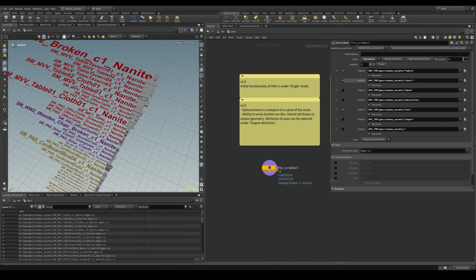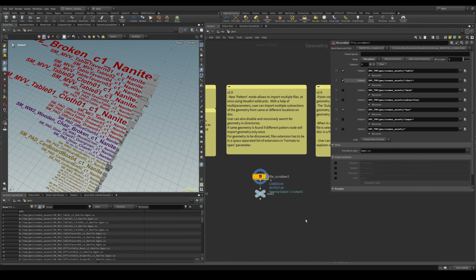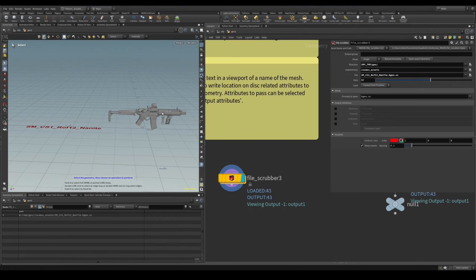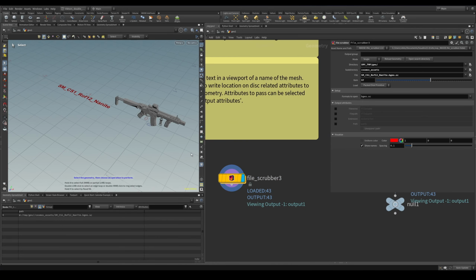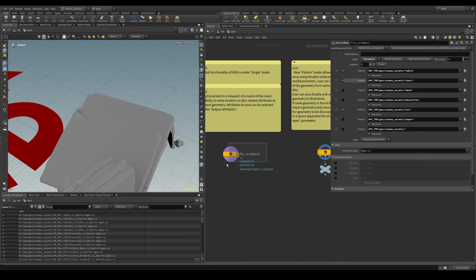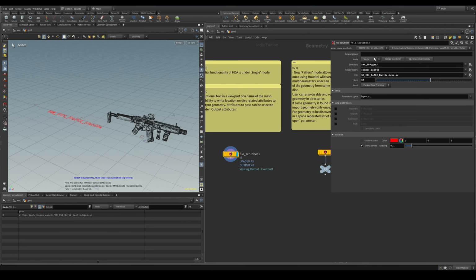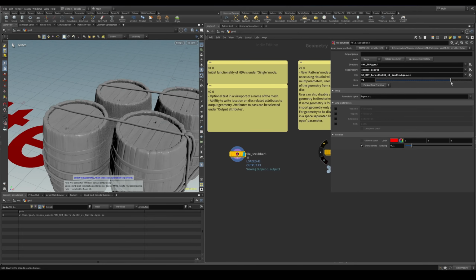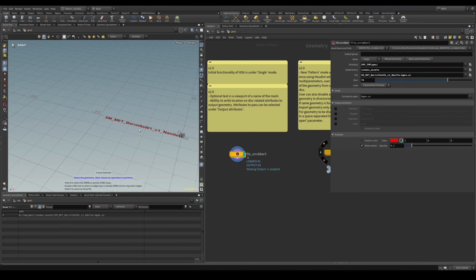But before I go into detail on how to work with it, I want to show you what has been changed for the original mode, which is now under the single mode. So now when you get this node, you're going to have two modes, a single and a file pattern. The single is the version 1.0 version of the node, which basically works the same way. We can just go ahead and start scrubbing through the geometry